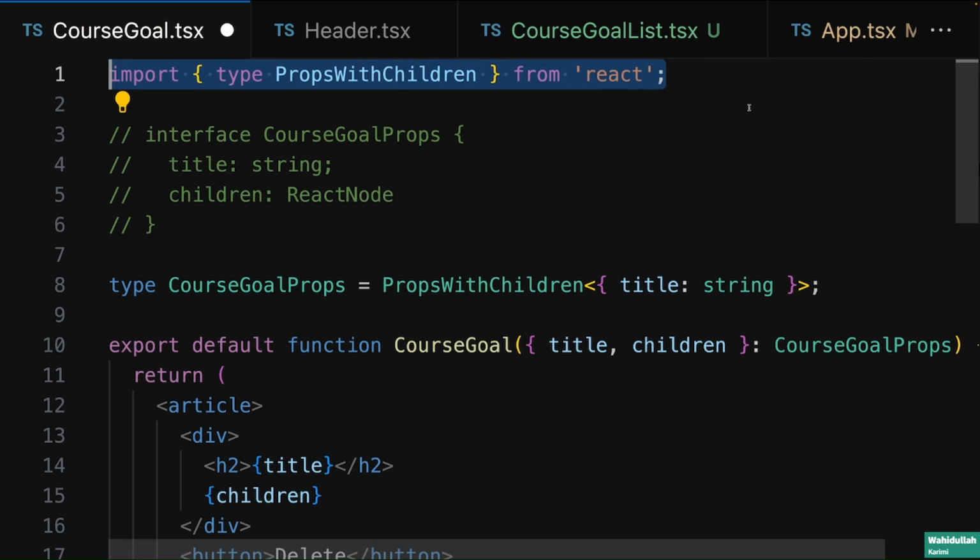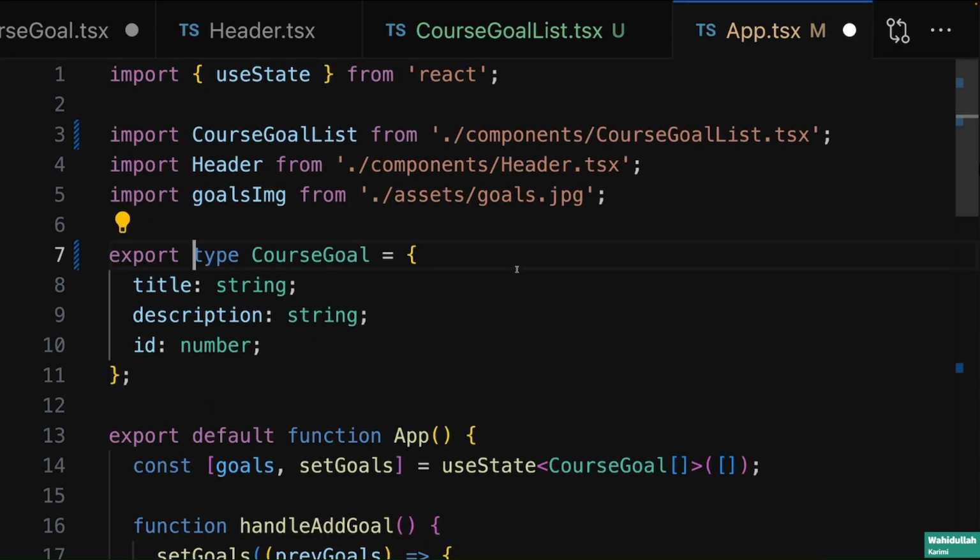Of course, we can therefore also export them, simply by adding the export keyword in front of the type that we want to export. And we could also export an interface, by the way, if you went for an interface instead of a type alias. So we can export a type like this,